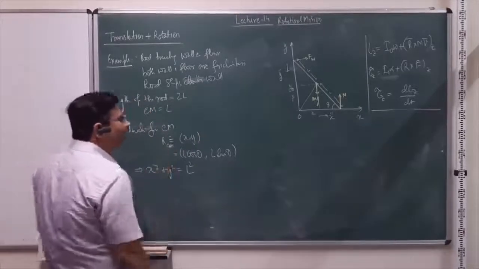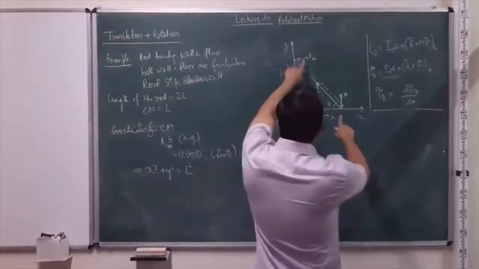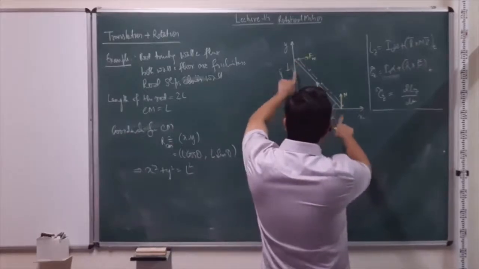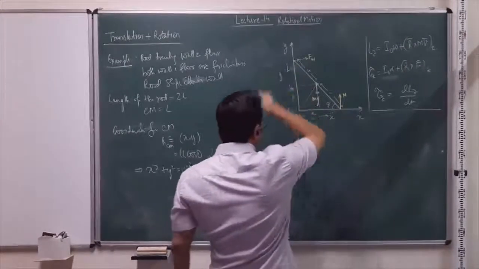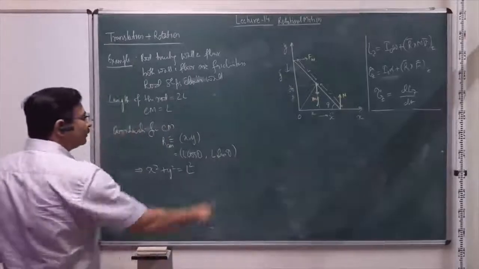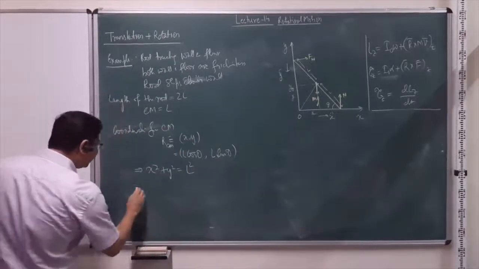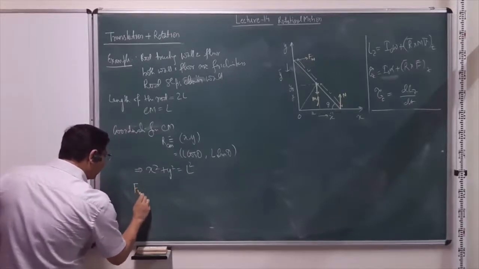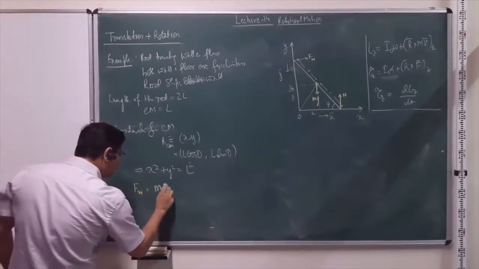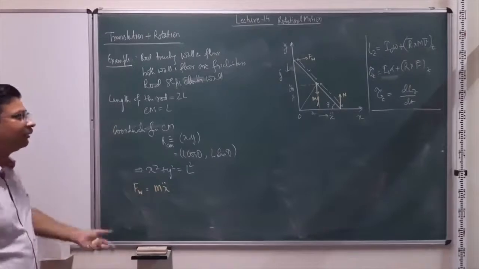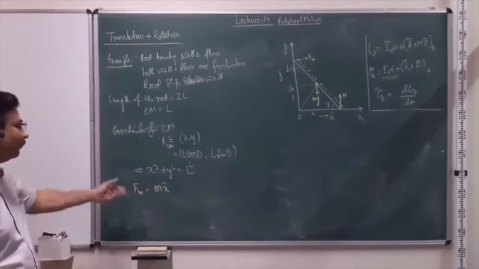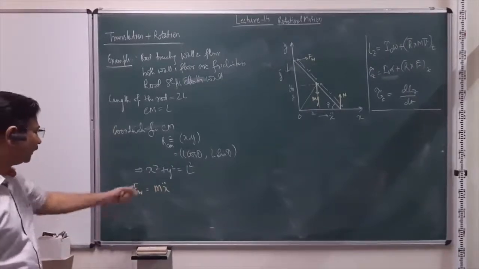And now what we'll see is that under the influence of this Fw and N and mg, the rod can make motion along the x and along the y direction, right? So let us look at the motion along the x direction, which will be Fw is equal to m x double dot, right? In the horizontal direction, that's the only force acting on the system, m x double dot.